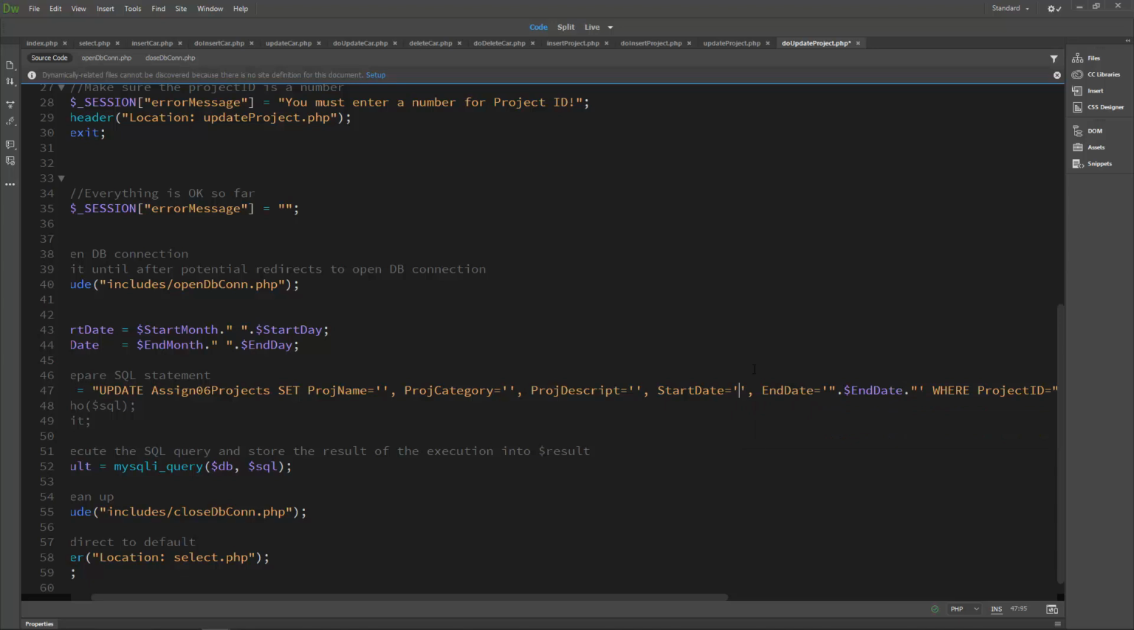If I go to the start date, in between these single quotes, I do 2 double quotes. In between those, I do 2 periods for concatenation. And put our local variable start date. Project descript, again, this is the column name that is in the database. So if you go to phpMyAdmin and look, do our concatenation, $,